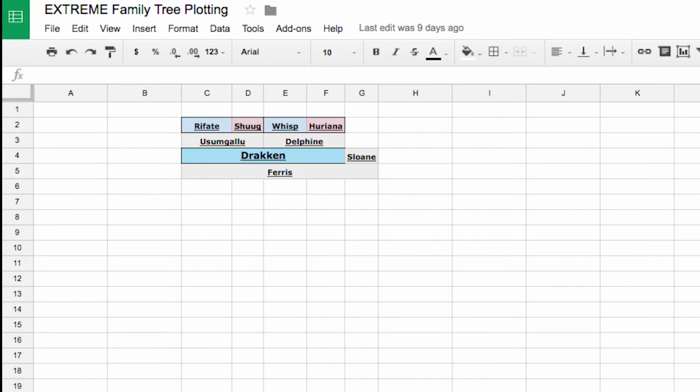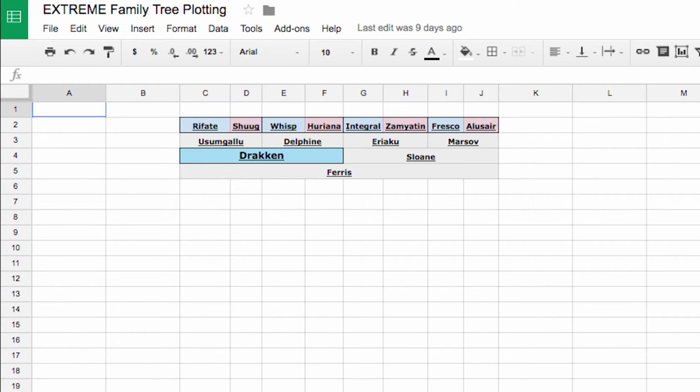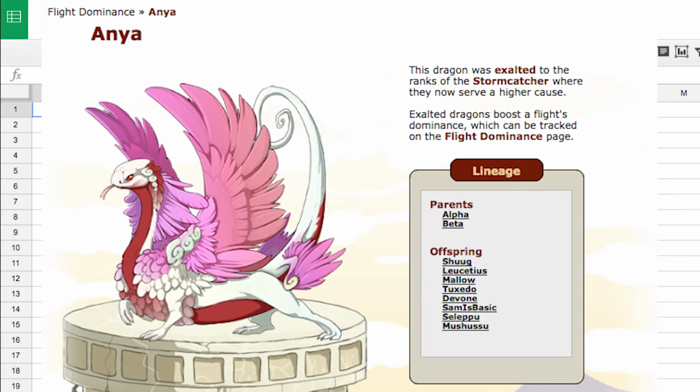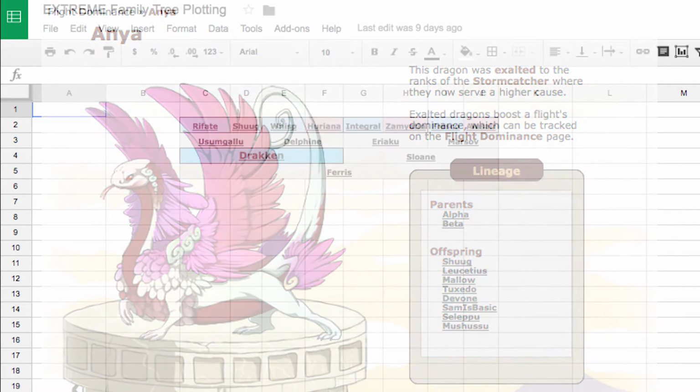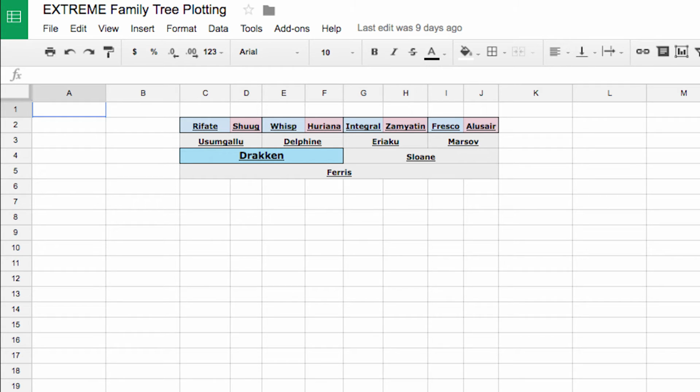Now, looking over this, I feel like a bit of a dummy because Shug isn't the first generation in her line in my lair. I completely overlooked her parents, who were once prized dragons in my collection. The same with Fresco. Whatever. Let's move on to Drakken's offspring. Since we already followed Brank, let's go Ferris this time.